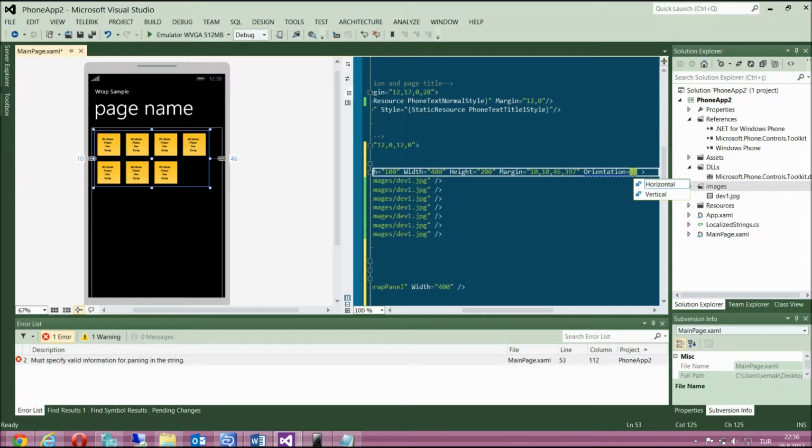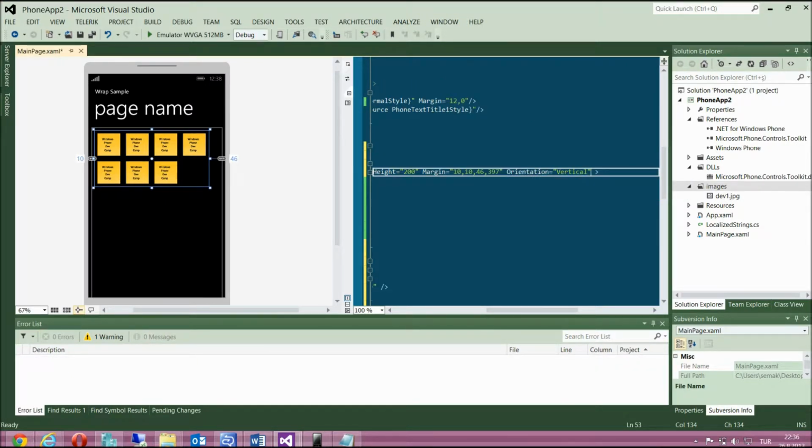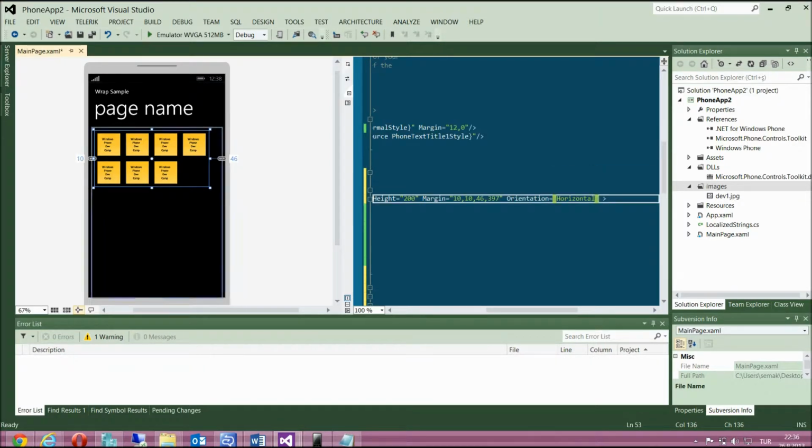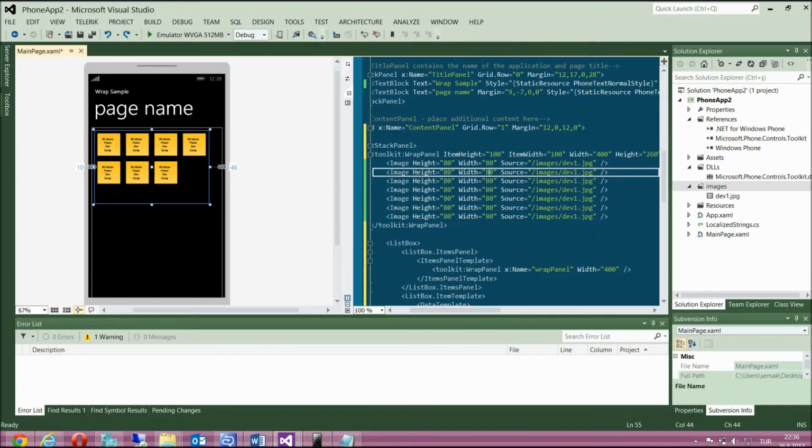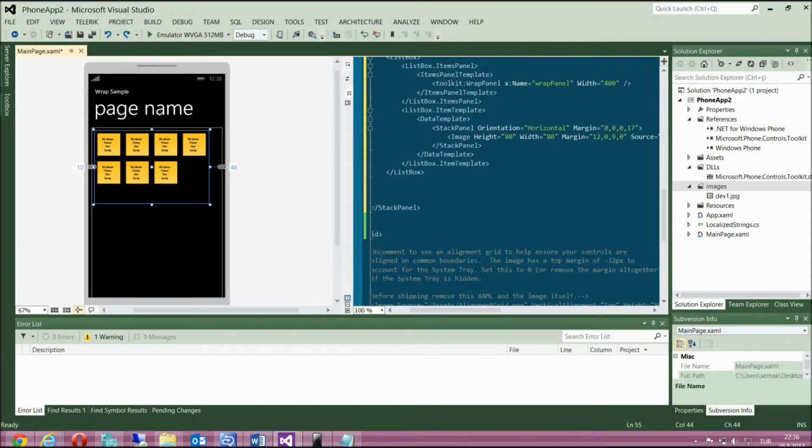Orientation, vertical or horizontal. We'll try horizontal. You can simply change your wrap panel orientation. So we will choose horizontal, and